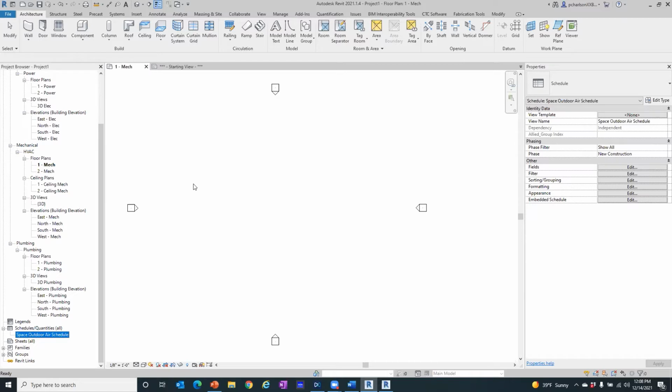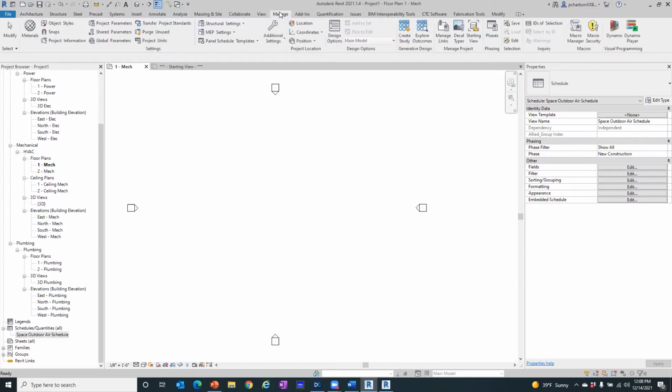Also with the out of the box template, if you've ever looked at the shared parameter file, if I go to the Manage tab and click on Shared Parameters, and if you go there for the first time, you'll notice that there is no shared parameter file. So Revit does not come with any shared parameter file. So if you're not aware of a shared parameter,